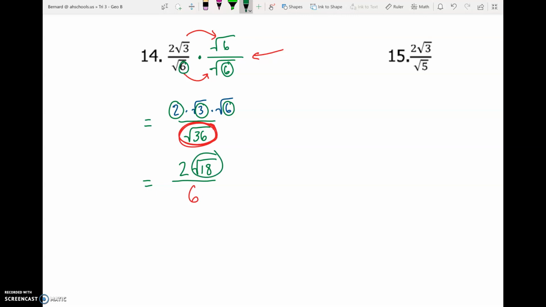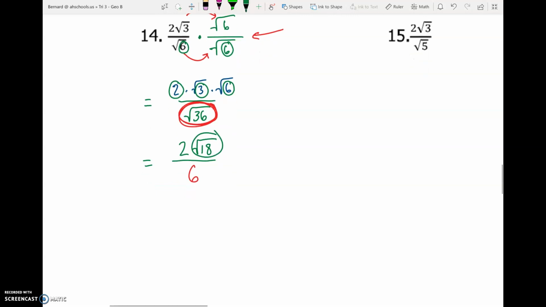Now, it's not a perfect square, so the square root can't go away totally, but it's not simplified, so now we've got to start simplifying. So let's step down again. We'll still have our 2 out front, but then as we simplify the square root of 18, we want to